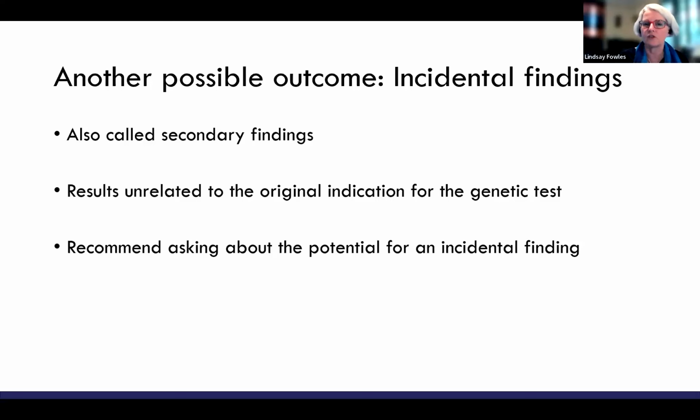It actually is a change in a gene which isn't related to the original clinical picture. And it's really important you ask questions about this type of possible outcome if you have genetic testing. Ask the doctor or the genetic counsellor, what is the chance of there being an incidental finding? And they might say, oh, we're only looking at 25 genes that we know are tightly associated with eye conditions like yours, and it's very unlikely we'll get an incidental finding. Any gene change we pick up is going to be connected with your eye disease.